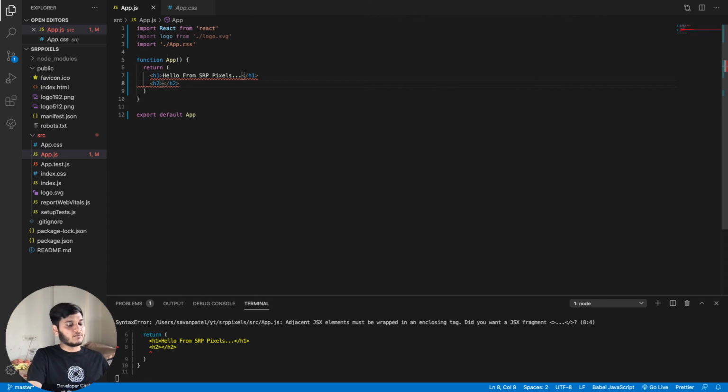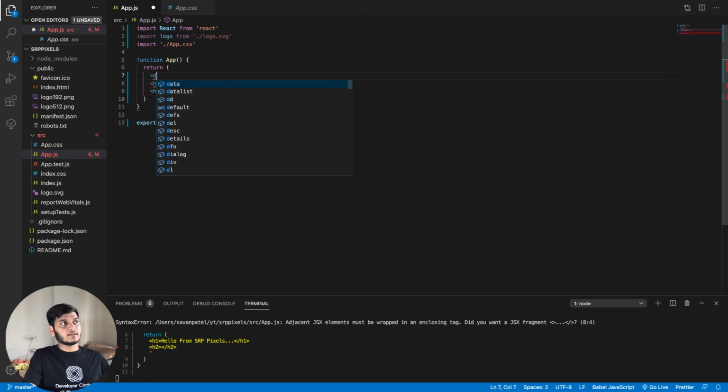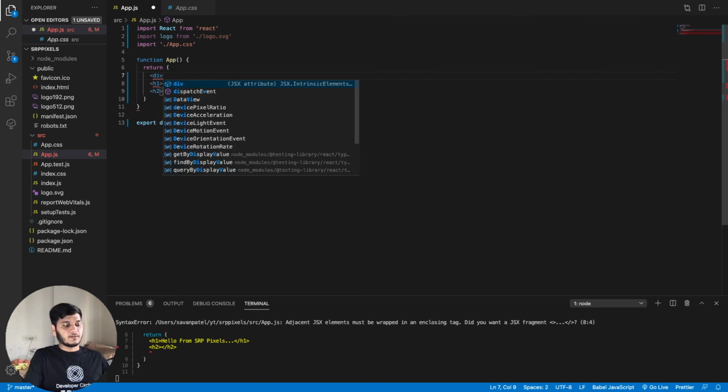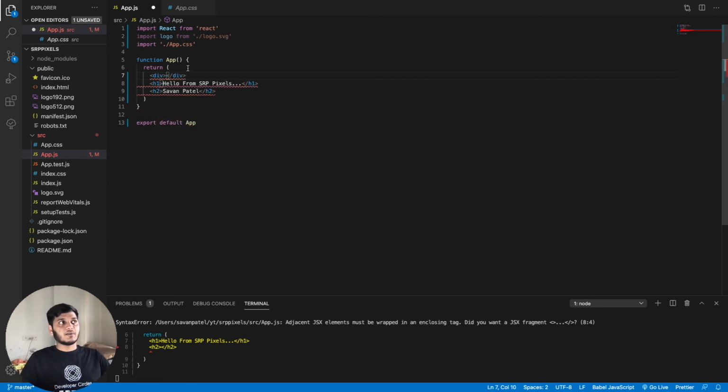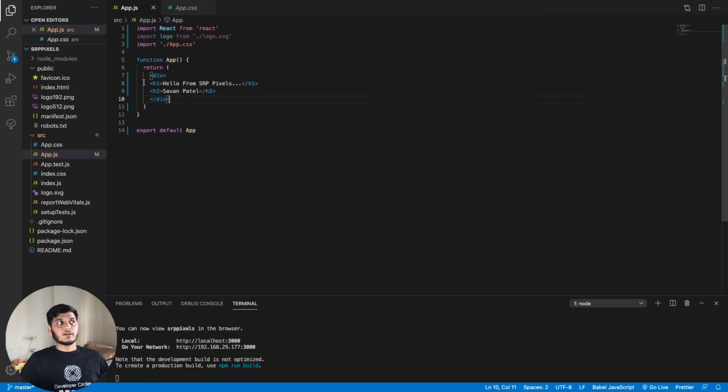So here, we have to enclose all these tags in another tag, and here we are using a div tag to enclose all the tags. As you can see here, the error is gone.